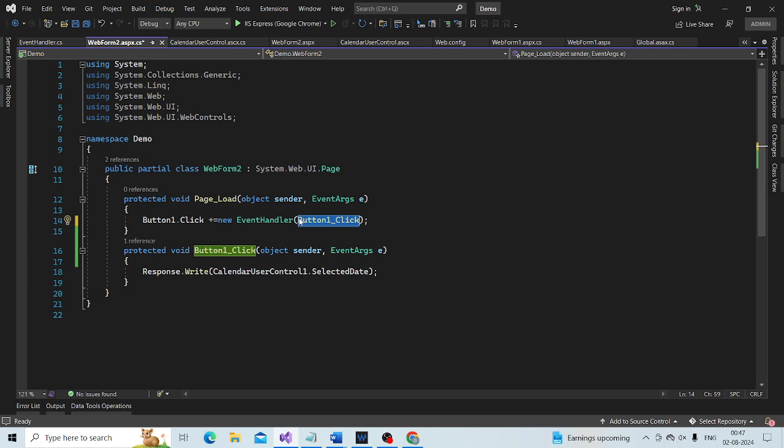We are actually passing in the name of the function, this function. We are passing this function to the constructor of the event handler.